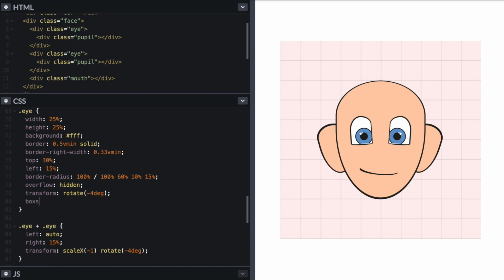Let's add a box shadow to the eye, and when we add things to the eye now, we need to be careful to only look at the left eye, because if we look at the right eye, because it has a scale x of -1, it's flipped. So everything that here we put left in this eye is going to go to the right. So that is a problem. We need to remember that. So let's add a box shadow, a small one,